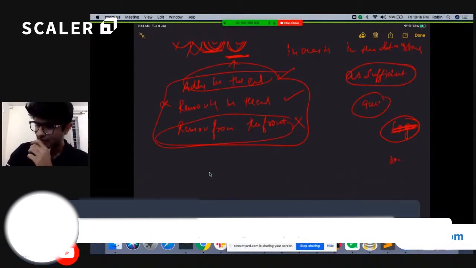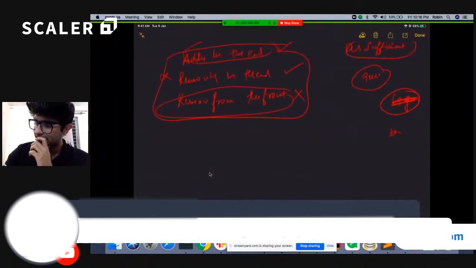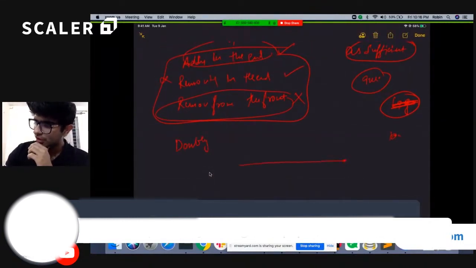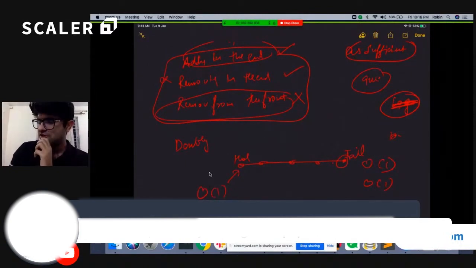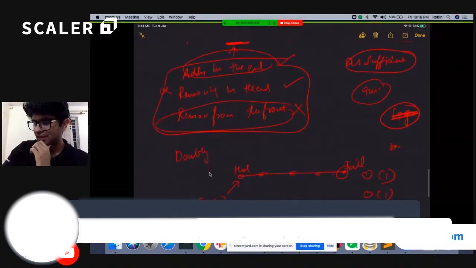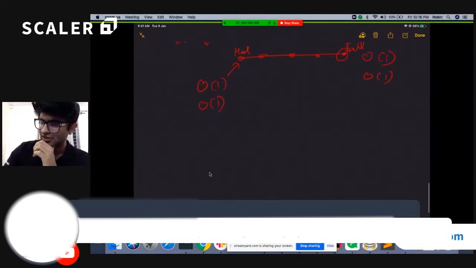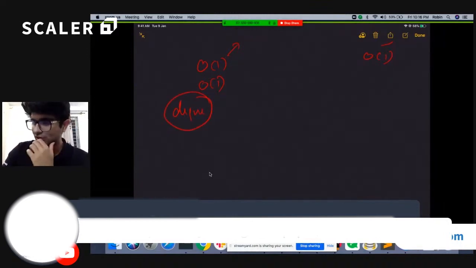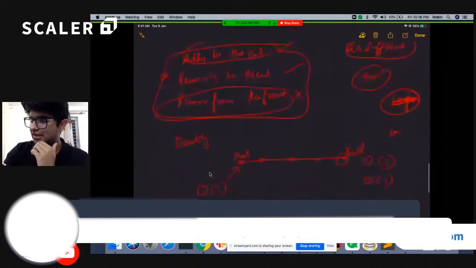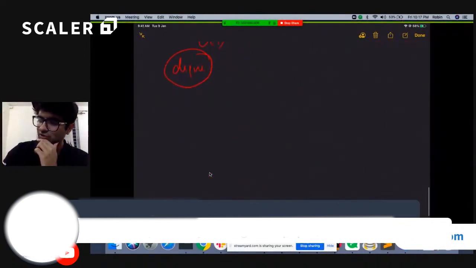One thing that comes to my mind, why don't we use a doubly linked list? In a doubly linked list, we have both pointers, head and tail. We can add an element, and we can easily remove an element from the end in order of one time, and add an element in order of one time. Similarly, we can do this in the front as well. If we follow this approach, we make our algorithm efficient. Nice. In C++, we have this doubly linked list in the form of deque. So we can use a deque in our case and solve this question.